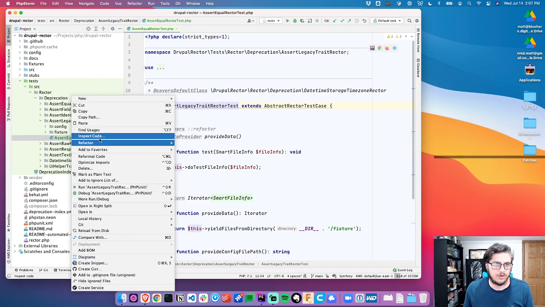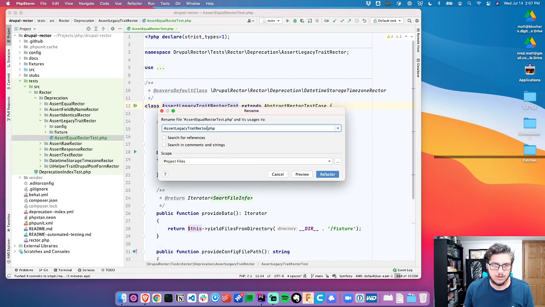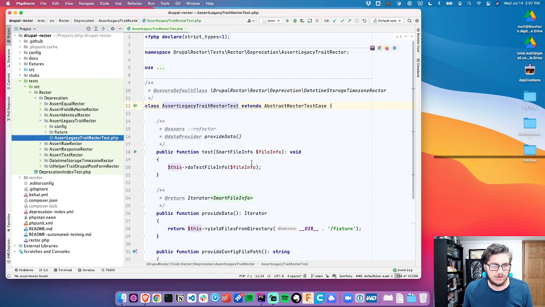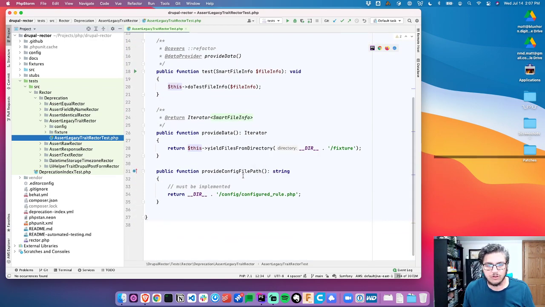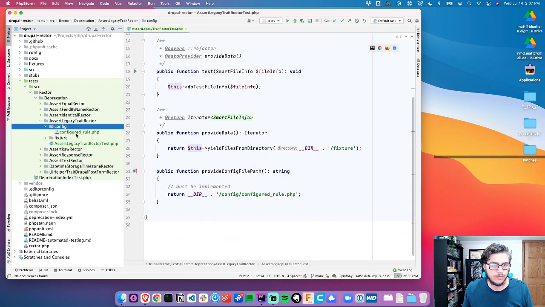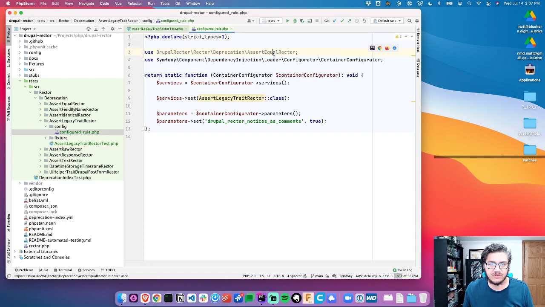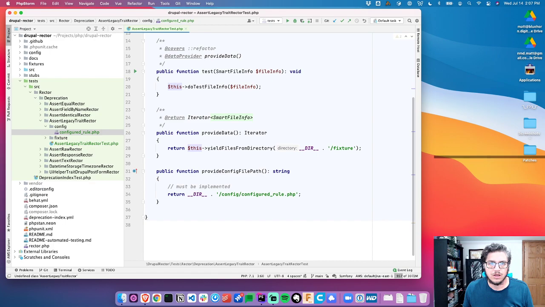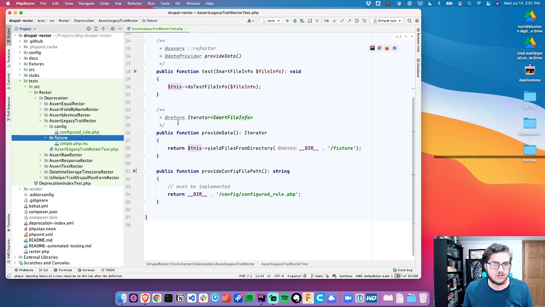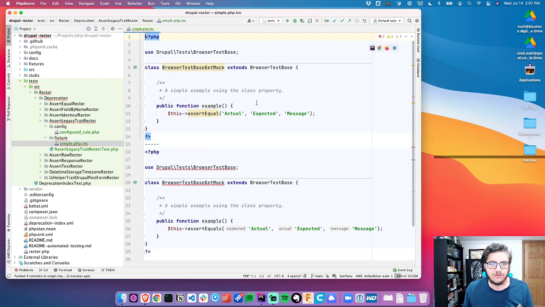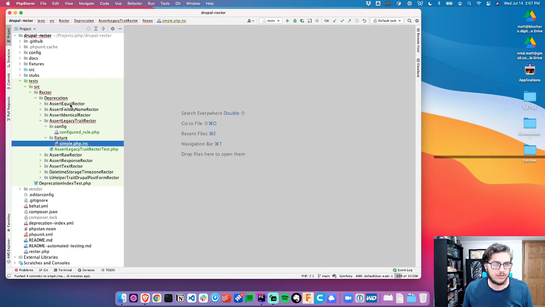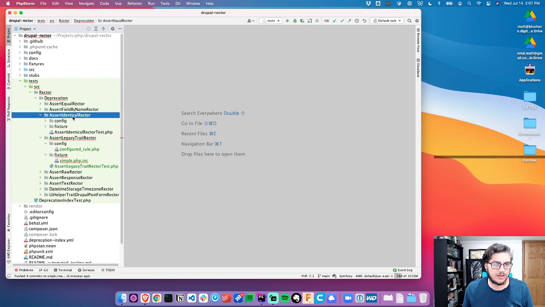So let's rename this class, refactor code, rename the file to be assert test. And if you haven't caught these before, you create a configured rule, which I'm going to go ahead and paste for this non-existent class yet. And then you create various fixtures. So each fixture provides a sample and then the expected fix. So what I'm assuming we could do is copy in,